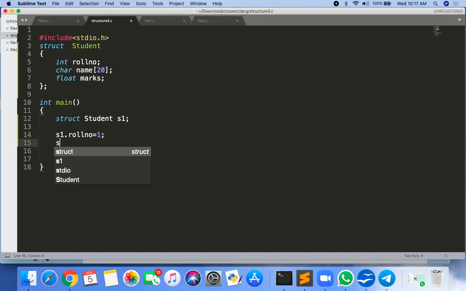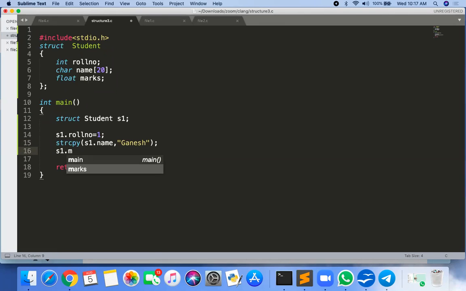Then strcpy, S1 dot name, comma, suppose Ganesh, and then suppose I assign marks as 78. This is the way I can access my structure members with compile time allocation.